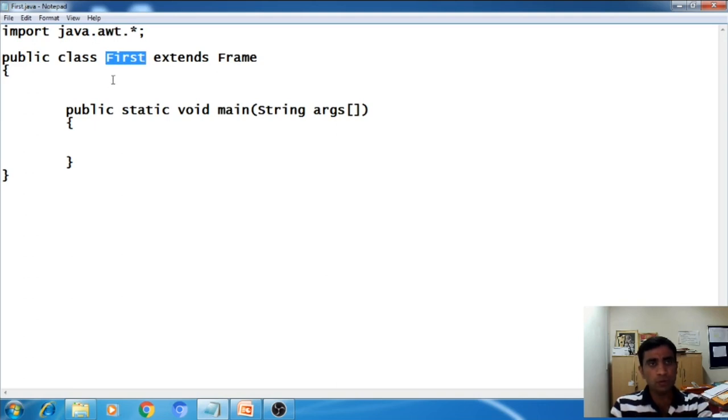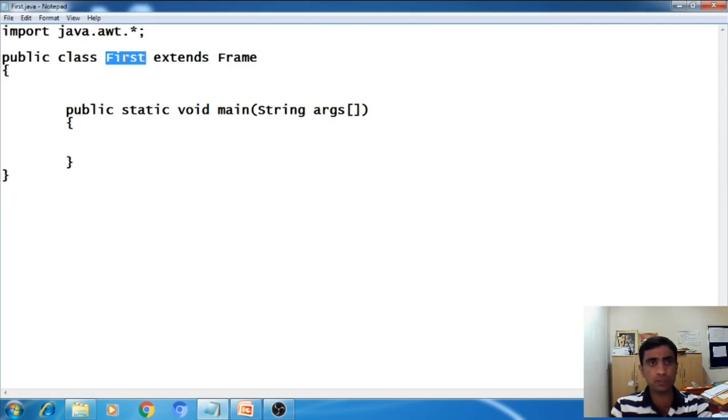Now how to create a frame means what? We have to create the object of a frame class. Now in this program, our defined class is first, and it is derived from the frame class. Means what?